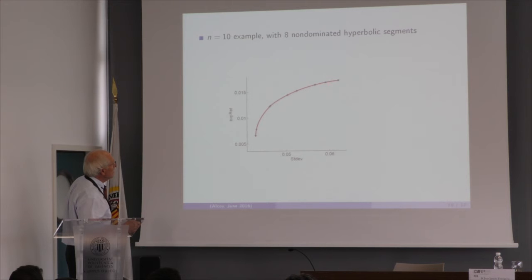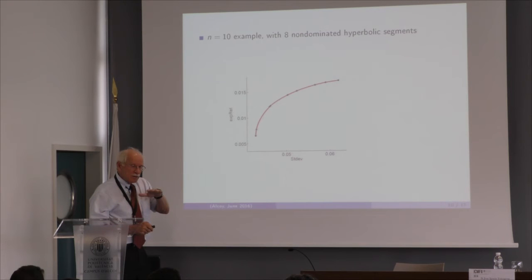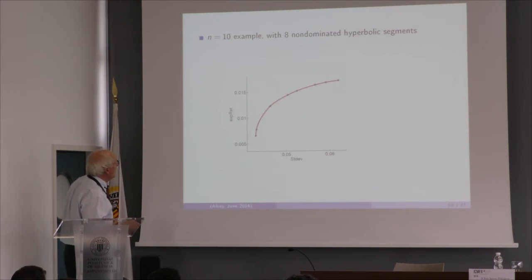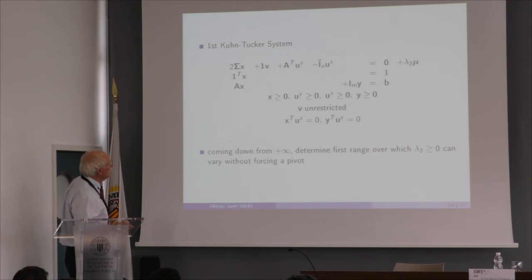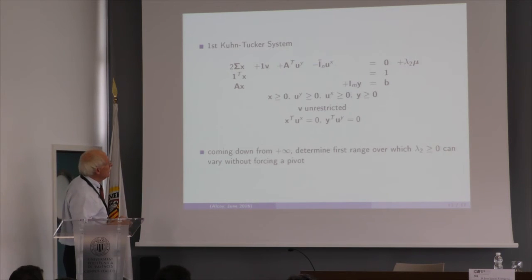And these are the places where one joins the other. Like I say, they blend into each other in most cases in a very smooth fashion. There can be kinks, but they're rare. And once again, standard deviation is on the horizontal. Now, how do I get that curve? The way I solve the parametric quadratic programming problem is by means of the Kuhn-Tucker conditions. All right. So this is the Kuhn-Tucker system of linear equations